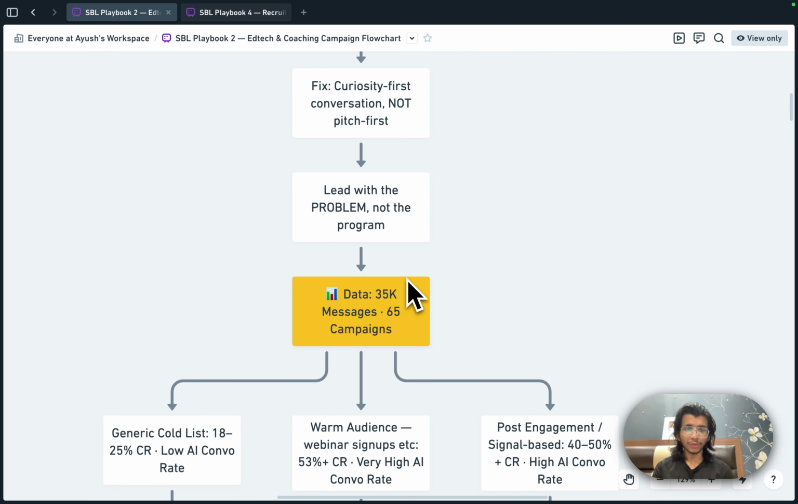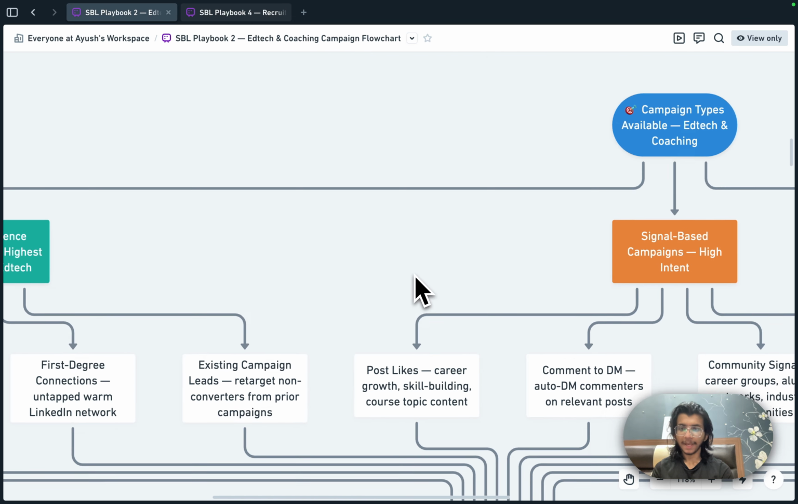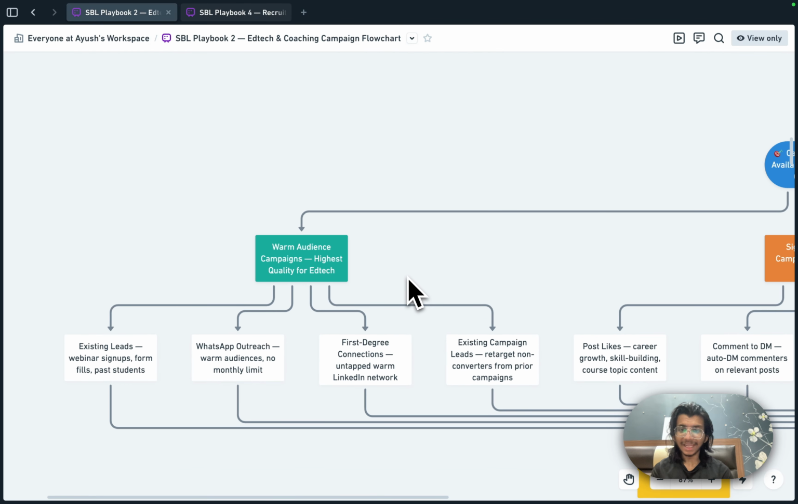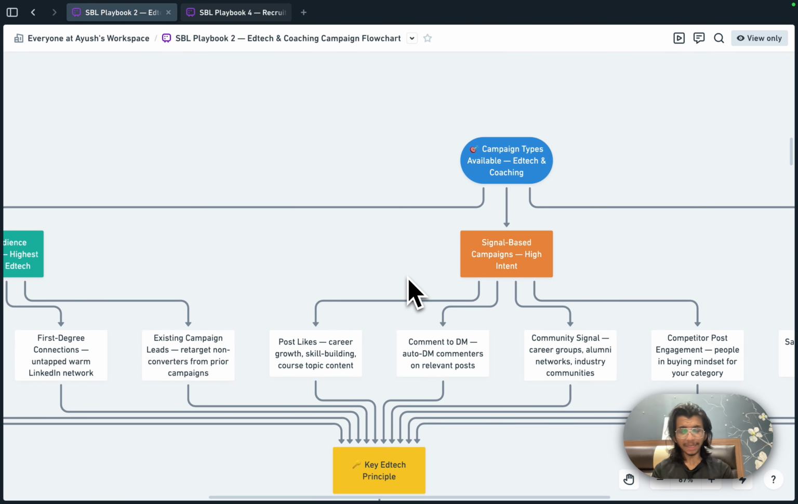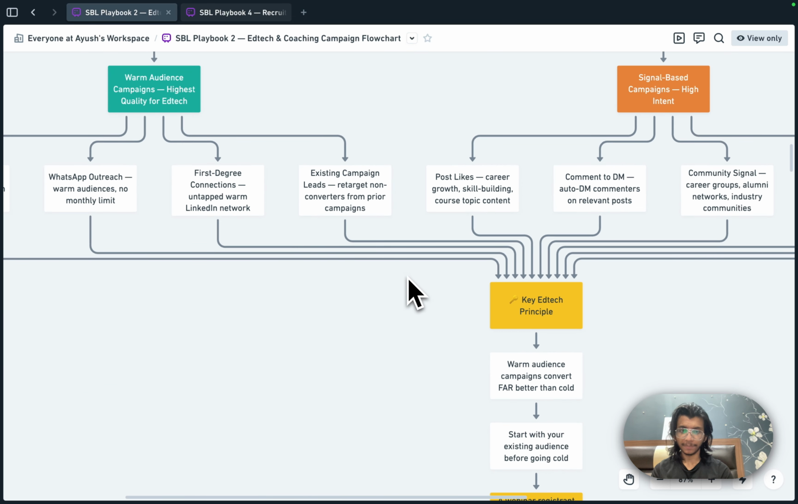Now, here we go. There are 3 types of campaigns which you'll eventually try to follow. The first type of campaign is known as the warm audience, which is people who are already engaged with that particular topic. The second type of campaign is the signal-based campaign. It's people who are actively liking a particular set of posts. And then we have the list-based campaign, which is a broader Sales Navigator search, but we have a small intricacy in how we want to broaden it. The first campaign which I want to talk about is